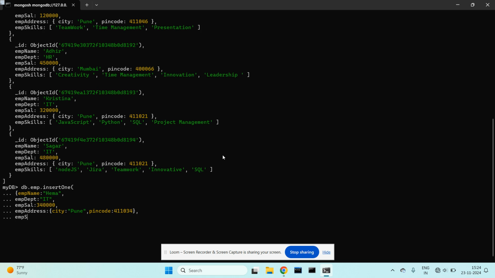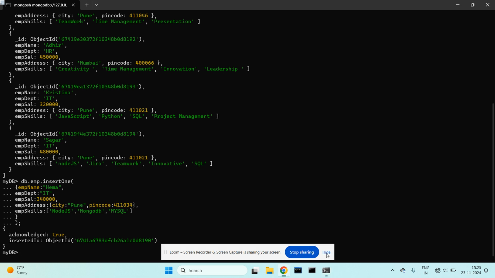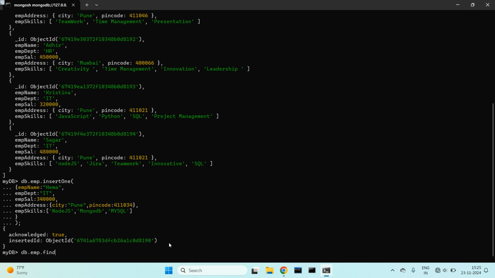Next I had inserted one array field, which is emp skills, which has an array of skills that the employee has. So let us say this employee has these many skills. Close your document, so this will get inserted. Likewise, I have a few other documents already inserted in the emp collection.